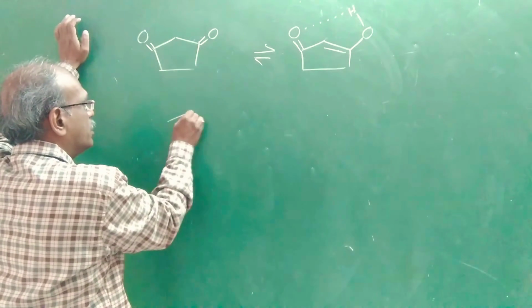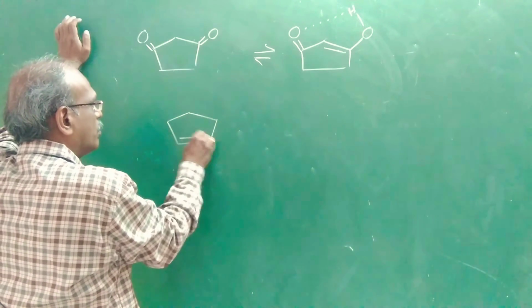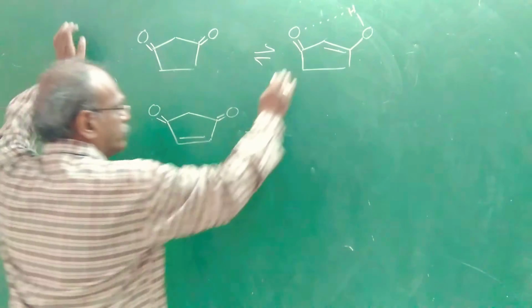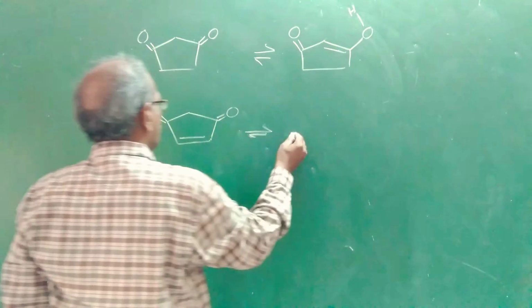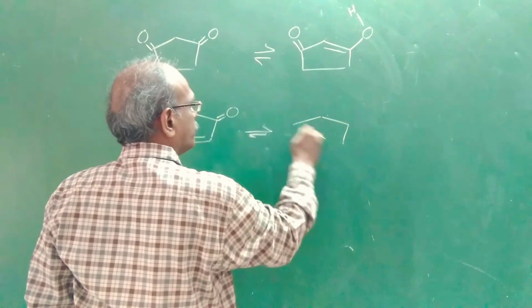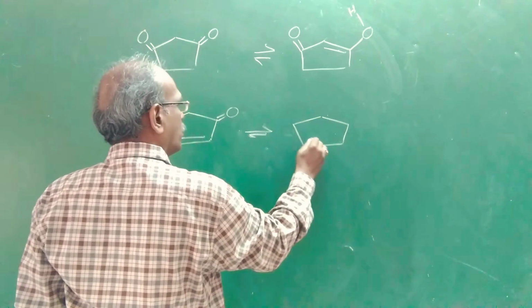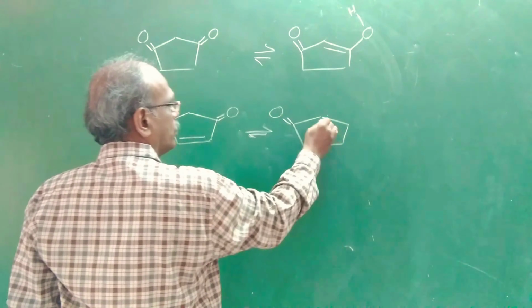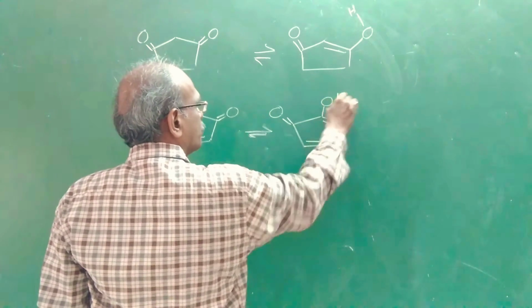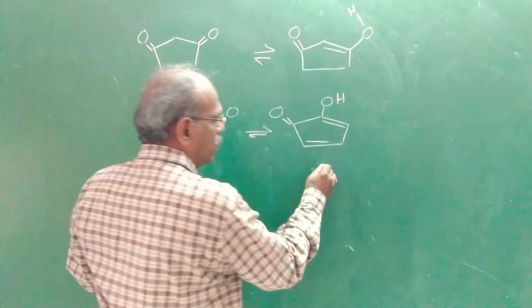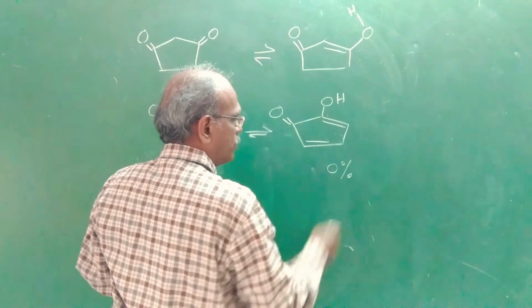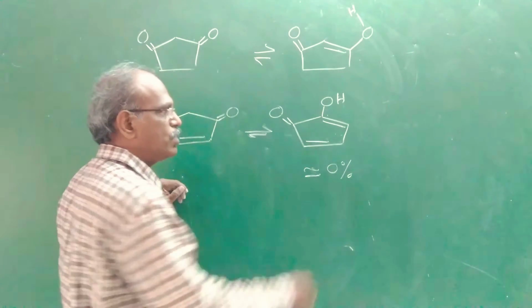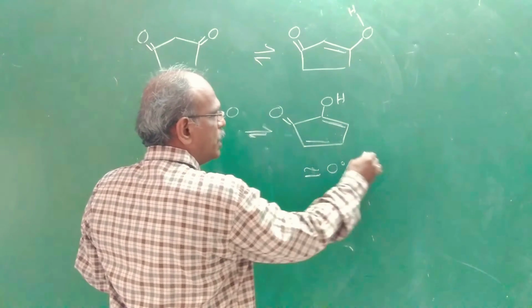But if you take this one, of course it is resonance stabilized. If it is drawn as tautomerism, see, here almost 0%, almost 0%, because of, see, this increase